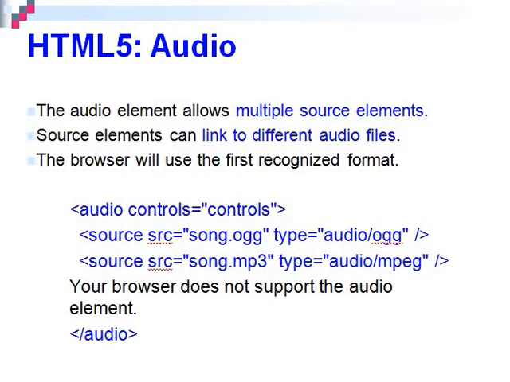Like video, multiple audio elements can be included in the same web page. Source elements can link to different audio files, and this is an example showing how we can include multiple audio files in the same web page. We have to specify the audio tag, controls equal to controls. Then using the source tag, include the corresponding MP3 file. Source src is equal to the audio file. Then type is equal to audio/ogg. Type is an attribute of the source tag which indicates what type of file it is.